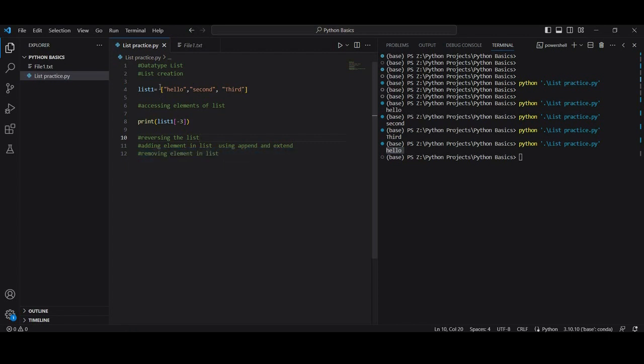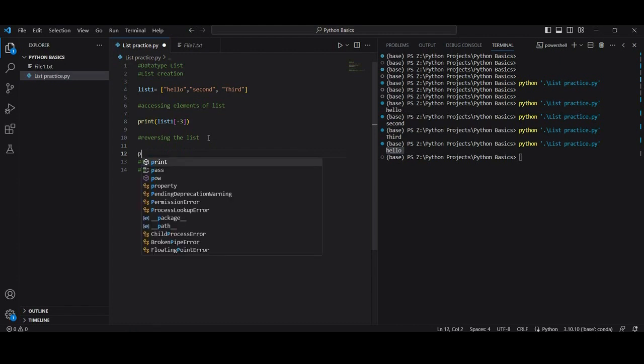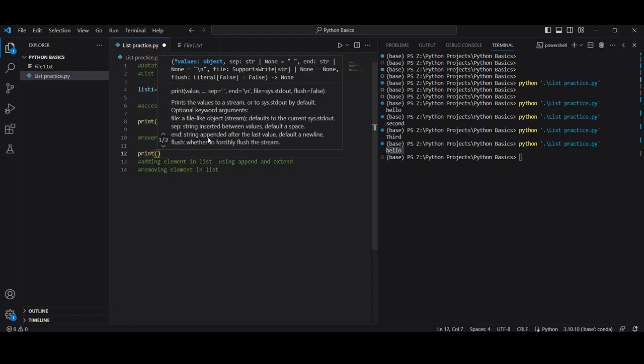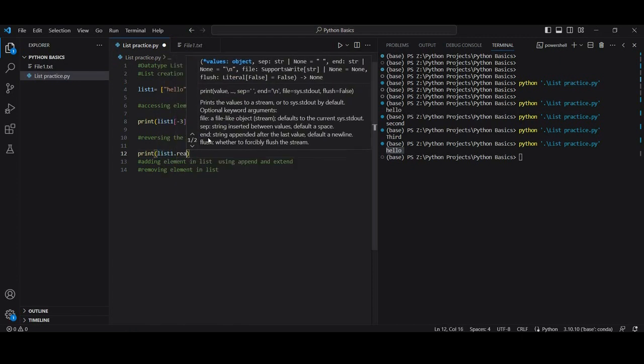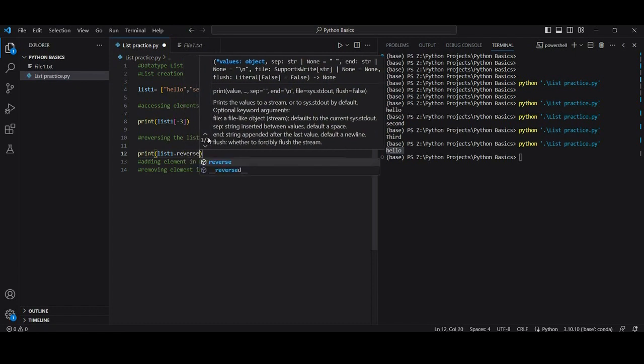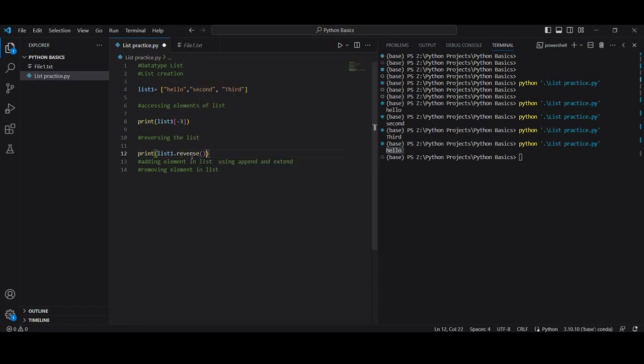Now we have this list, but we need to reverse it. How do we do it? So print list1 reverse. We'll only go through some of the methods. So these all are methods. If you hover your cursor over this particular thing, you will see the method definition for reverse. This is an inbuilt method of Python that Python provides for the list data type. So if I reverse it and run this code,